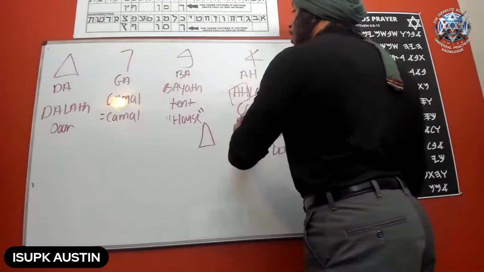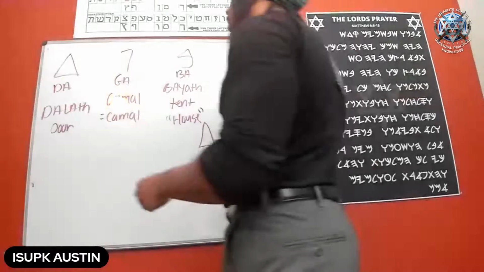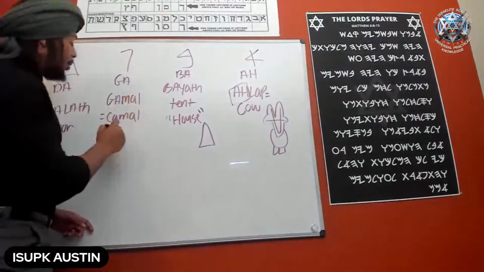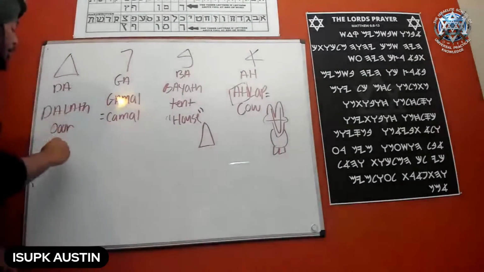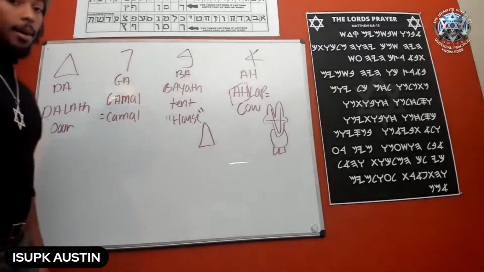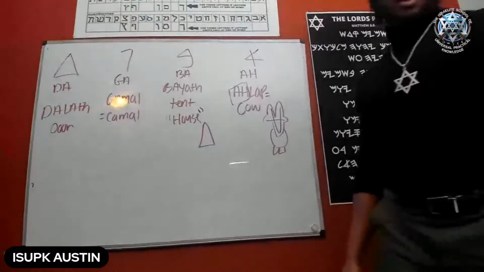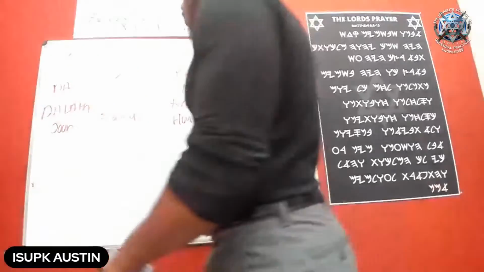then we have Bayit, Bet, right? A, B, right? We have Gimel, what is that? Gamal, which is what? Camel. That's the C. And we have Dalet, which is what? The door, which comes from what? D. All right, that's the first four. Let's get some more, all right? We're going to keep on going down just to refresh.